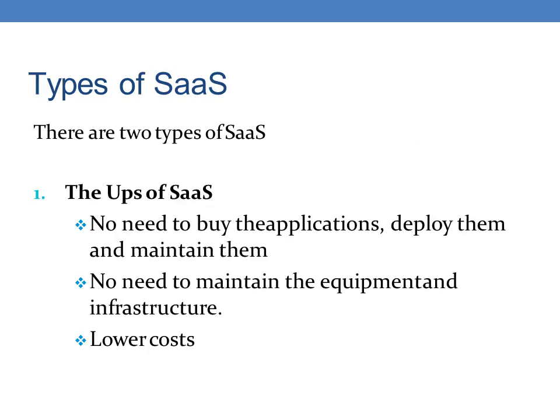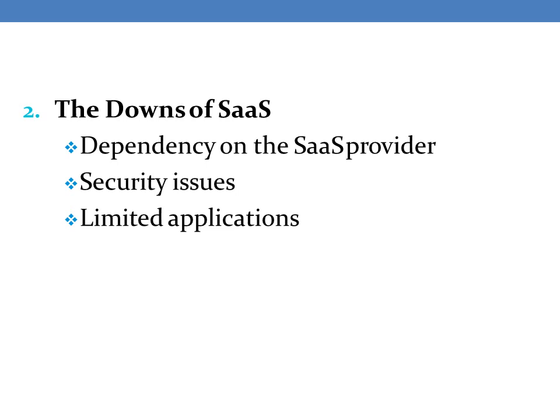Types of SaaS: there are two types of SaaS. Ups of SaaS: no need to buy the applications, deploy them and maintain them. No need to maintain the equipment and infrastructure. Low cost. Downs of SaaS: dependency on the SaaS provider, security issues